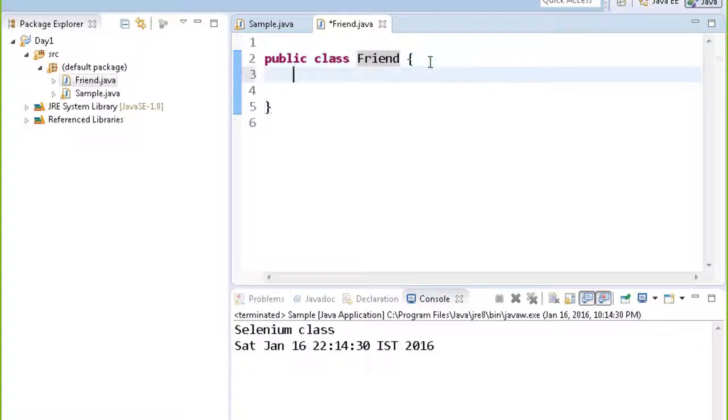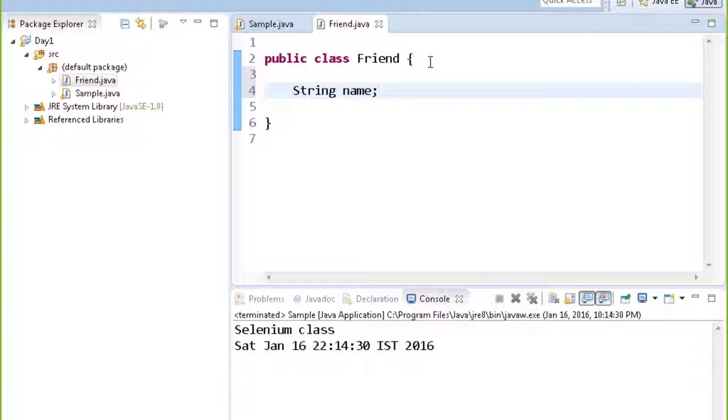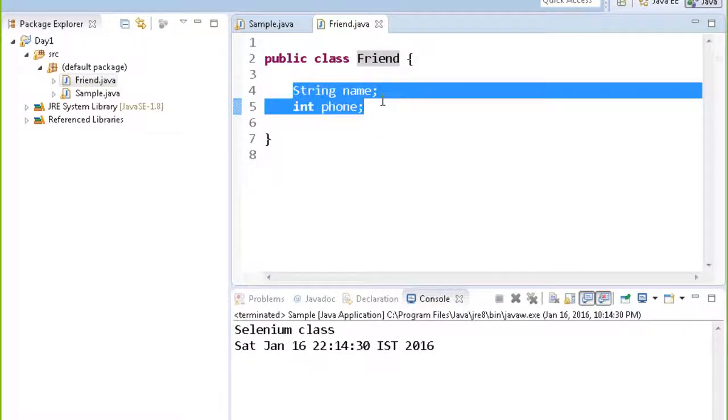In this you can create the name of your friend, and say for example int phone number of your friend. So this is a friend class which has got name and phone, two properties, or two variables.